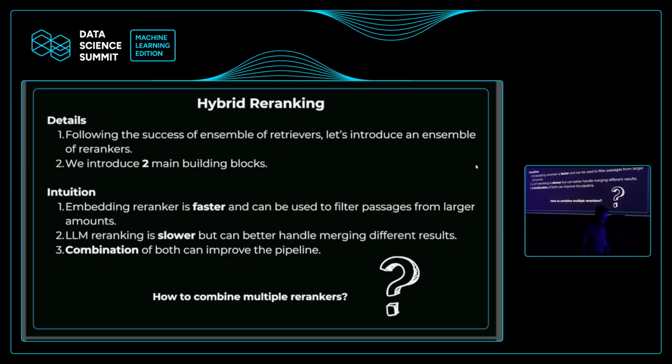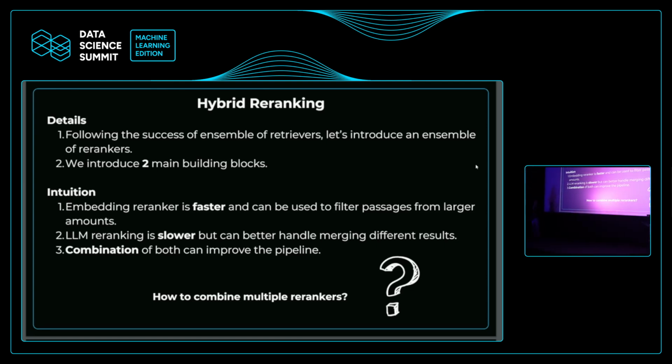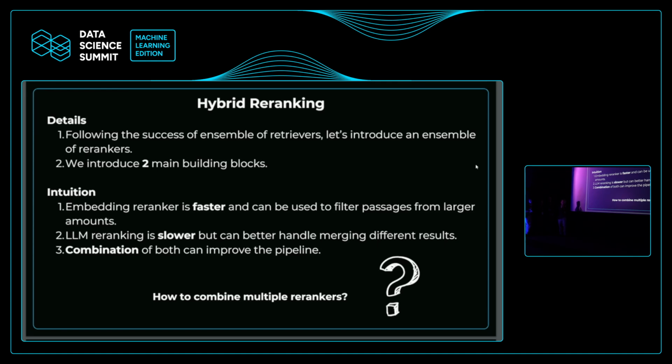All right, so we saw that different re-rankers have different good sides and bad sides. So right now we're gonna combine them and try to get the best out of both worlds. As Michał mentioned, the cross re-rankers, the M.Janik re-rankers are faster. So we're gonna use that in order to filter out the passages. So we will be able to retrieve more passages and then keep only the best passages. And regarding the LLM re-ranking, RankZephyr, we'll be able to use it to merge the results from different retrievers